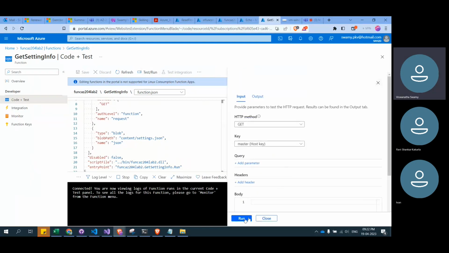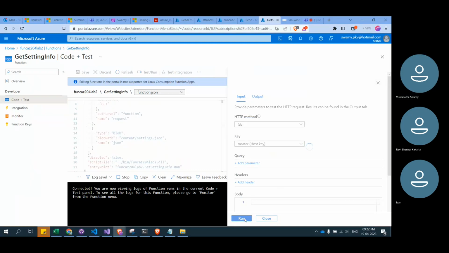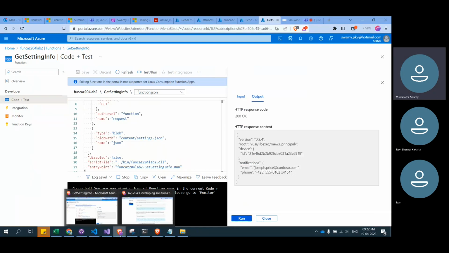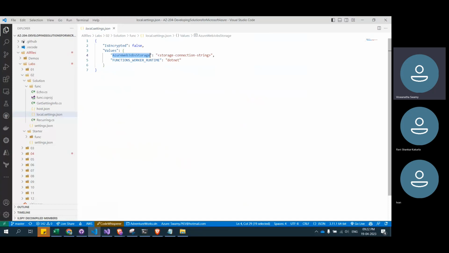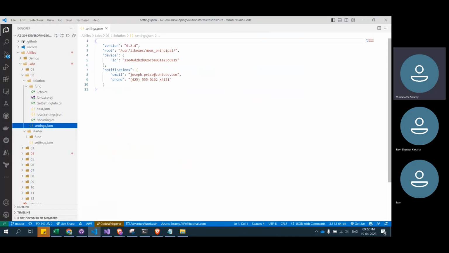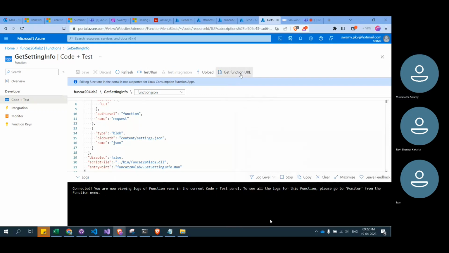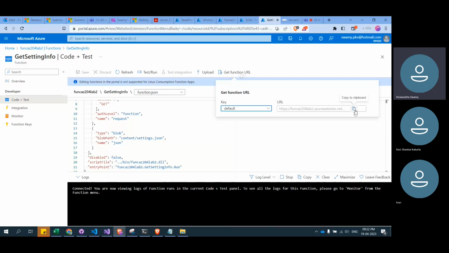Let's not worry too much. There you go. Whatever was there, we have seen it. The JSON file which we have uploaded, settings.json, the same one, you're seeing the exact content. So if you want to test it through Postman, click on that get function URL,